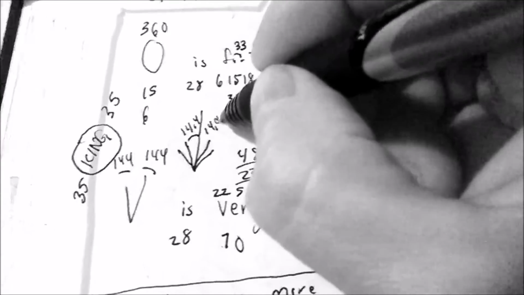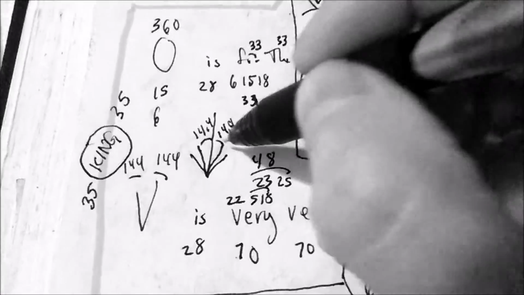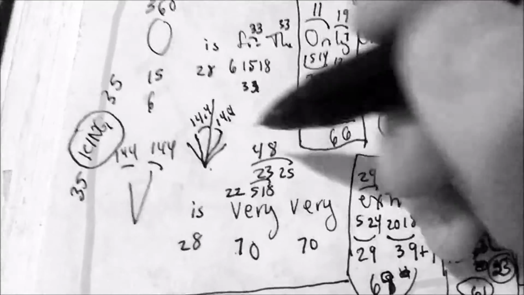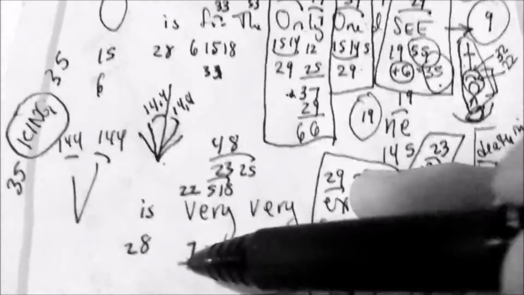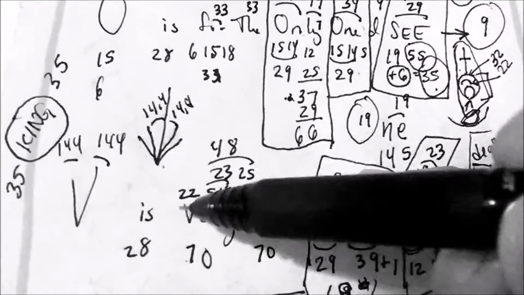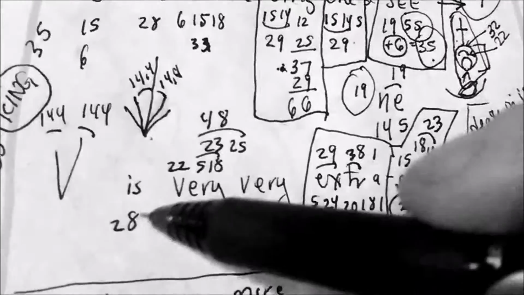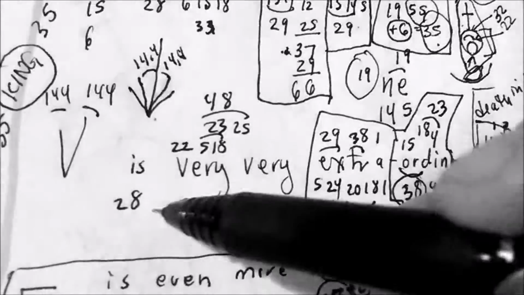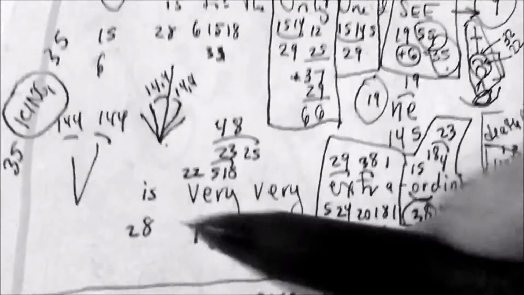And I learned this from studying ancient jewelry that's encoded in the old times when it was more dangerous to talk about the truth. And I think it's still dangerous today. But in the old days, they would encode their jewelry with the truth. And then by wearing that, they would communicate with each other. Okay. V is very, very 28. We talked about that before.